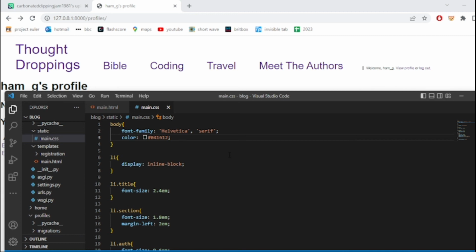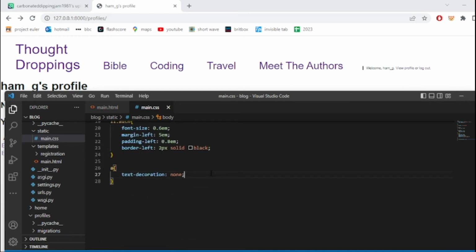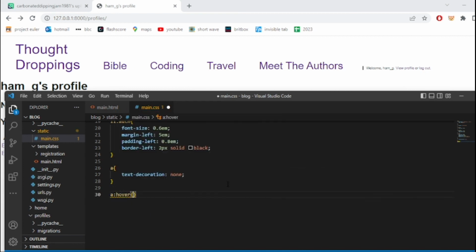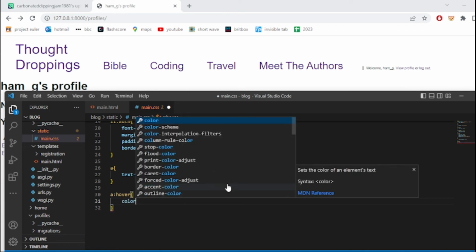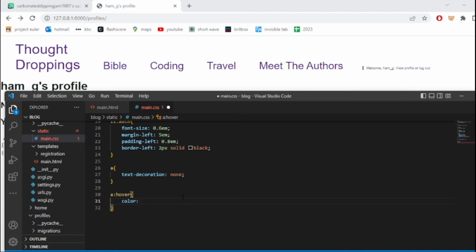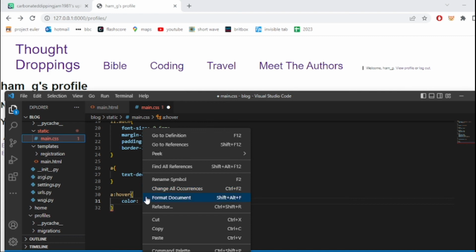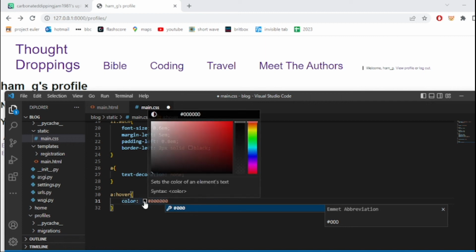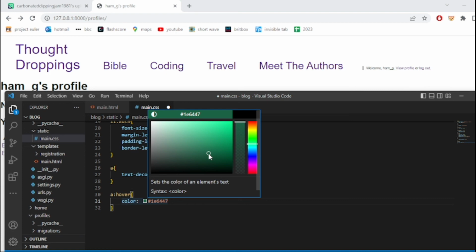Then we want the links to change. We're going to have them lighting up, so a hover, and that's going to be color, and they're going to light up to a sort of light green. So pale green, and sort of that color. That's nice. Yep. Save,